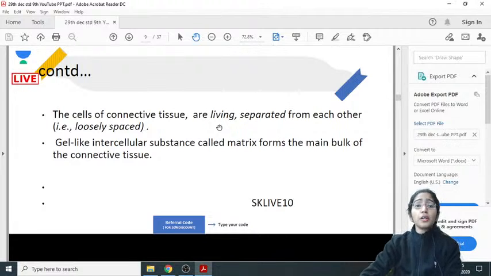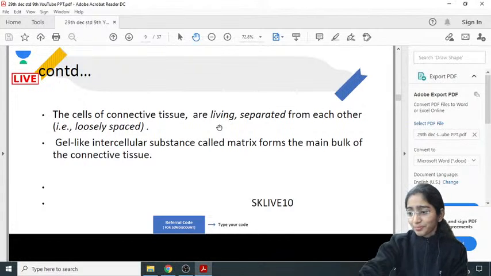Now, if I talk about the loose connective tissue, so loose itself, the name is suggesting that the cells are very, very